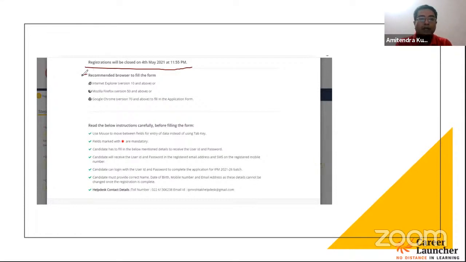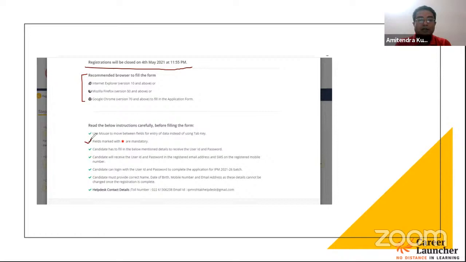The pop-up also recommends the browsers which you can use for completing the application process, so that you don't have any hassles while completing the application form. These are the recommended, updated browsers, which I'm sure all of you are using one of. Then you have certain instructions given over there. Obviously, the fields which are marked with stars are mandatory. You cannot skip them. You have to necessarily fill in all the details, especially for the parts marked with that asterisk. These fields are very much required.